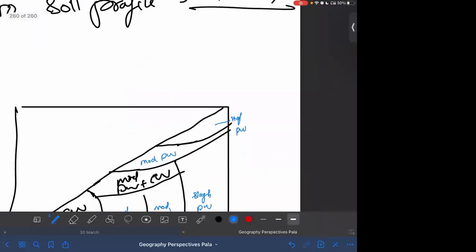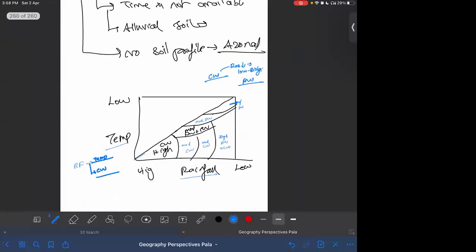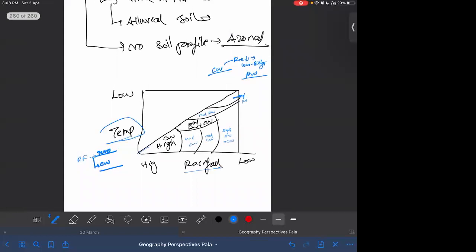On the other hand, when you look at the higher polar regions, physical weathering is very high because temperature variation between seasons, freezing, thawing, all these are very significant. So physical weathering is very high. On the other hand, chemical weathering, rain would be less. Similarly, temperature would also be low. So biological activity will be low. So based on the climate of that particular region, that is the temperature and the rainfall, the type of weathering processes varies. Fine.